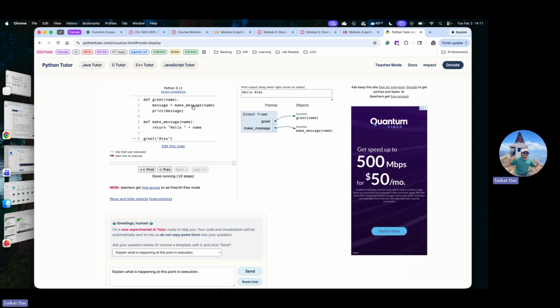In the greet, we're calling make function. We're calling a function within a function. Whenever we're calling a function within a function, this is our greet function. We're calling a function, make function, from that function. It is possible, or vice versa. We can call the greet function from here as well, but depending on our scenario. In that particular case, when we're calling function within a function, make sure we